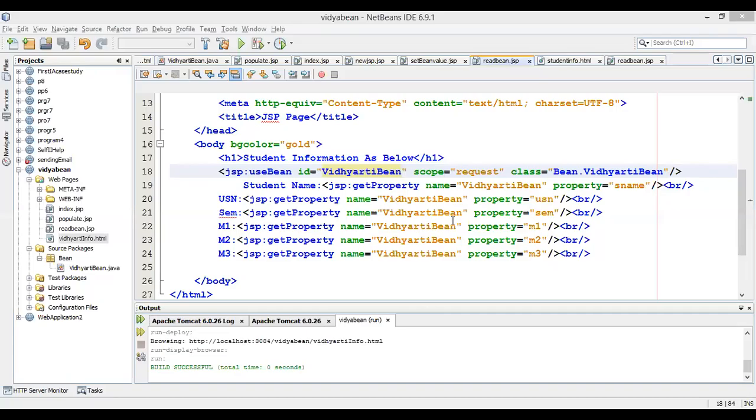So once you run this, there was a small change here. We need to close the JSP use bean tag here, and the remaining part is empty actually.